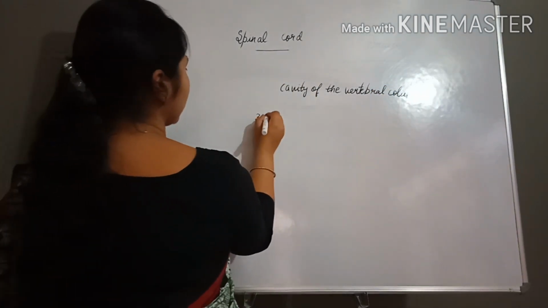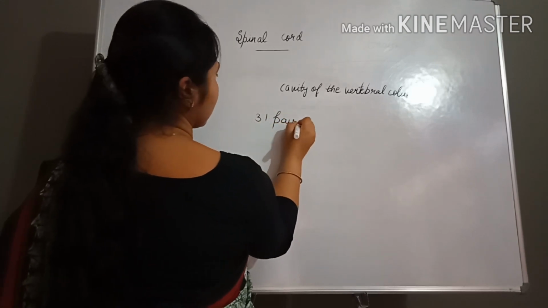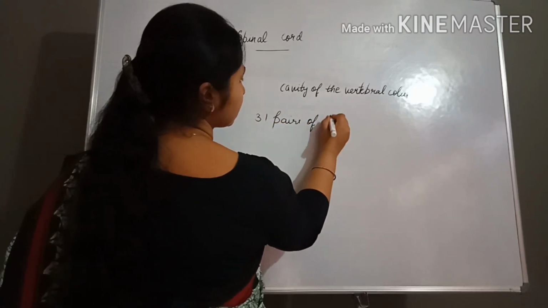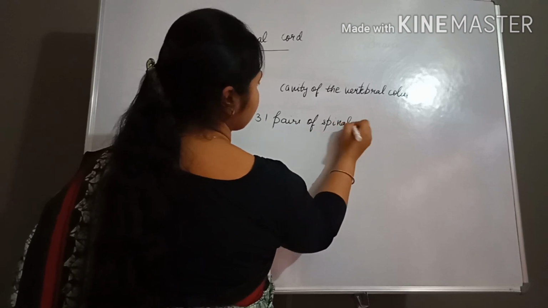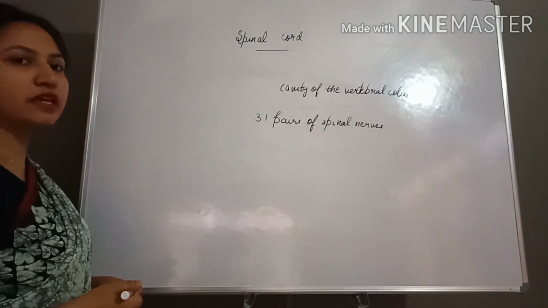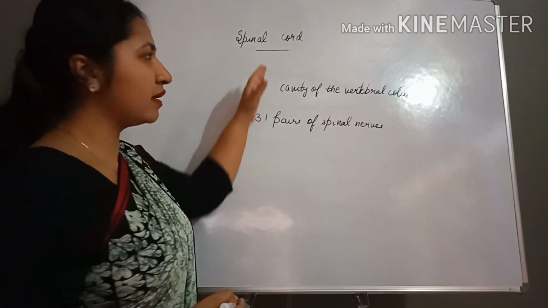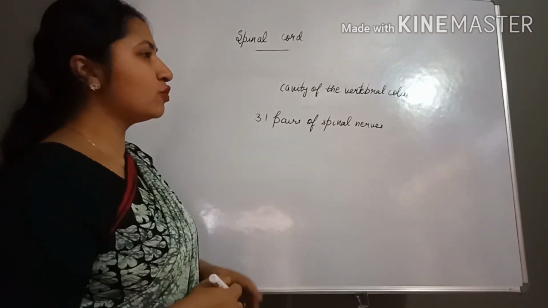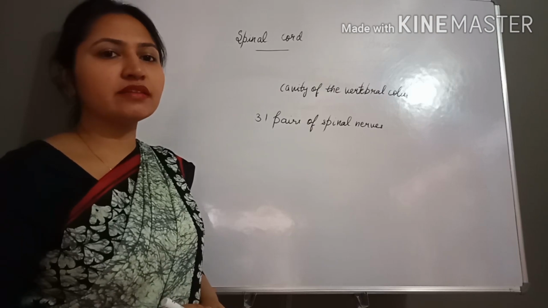And 31 pairs of spinal nerves arise from the spinal cord, and around 12 pairs of cranial nerves arise